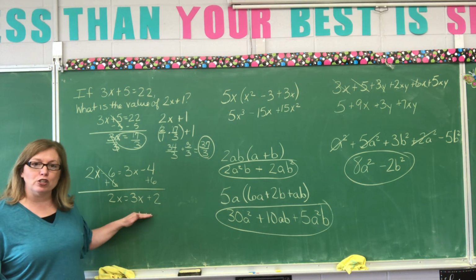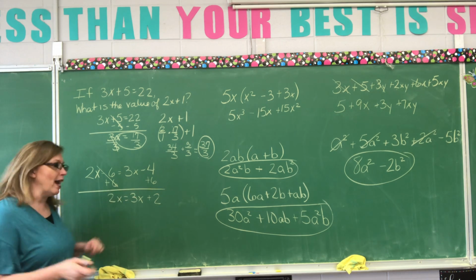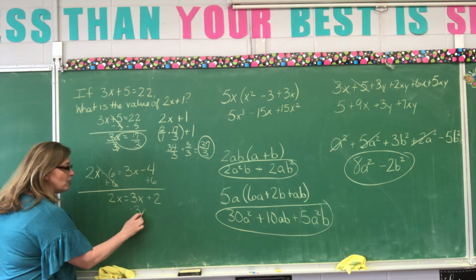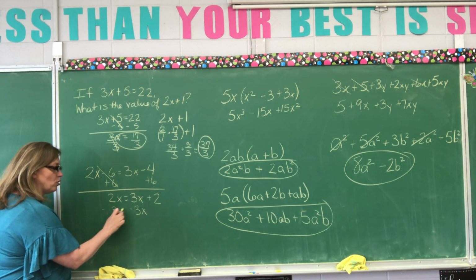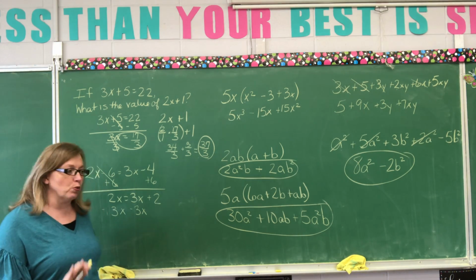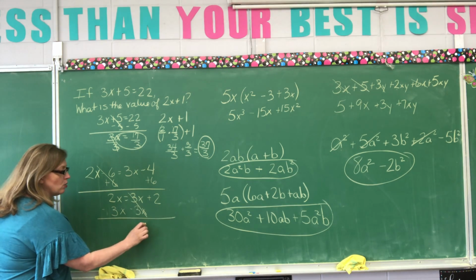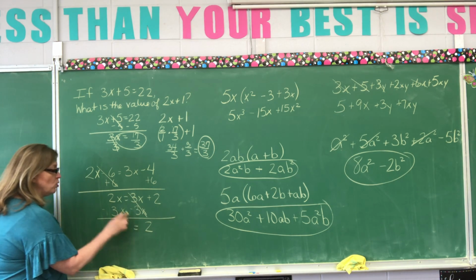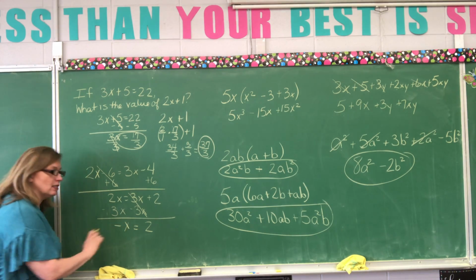Now we need to move this 3x to the other side. So I need to get rid of it. I'm going to subtract 3x on this side because I'm going to subtract 3x on this side, because whatever I do to the left, I must do to the right, okay? So these 3x's are going to cancel, leaving me 2 equals 2x minus 3x is a minus x. Now,